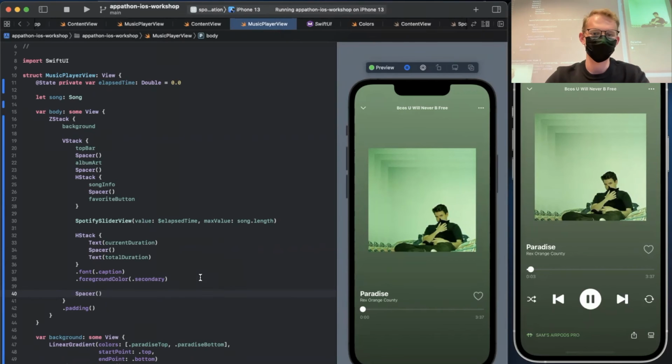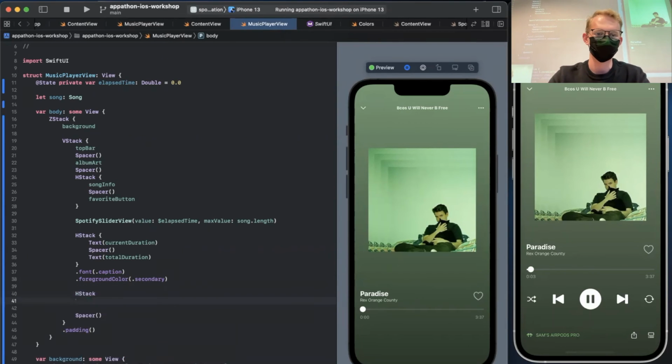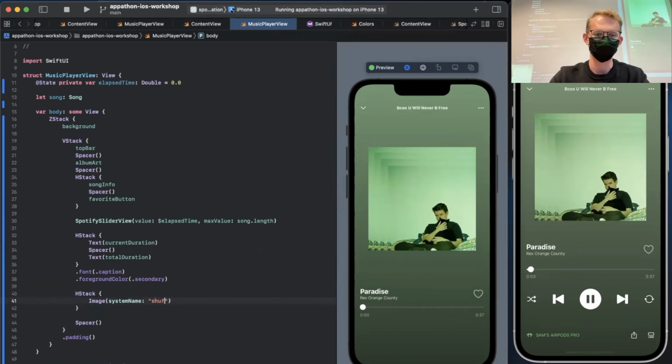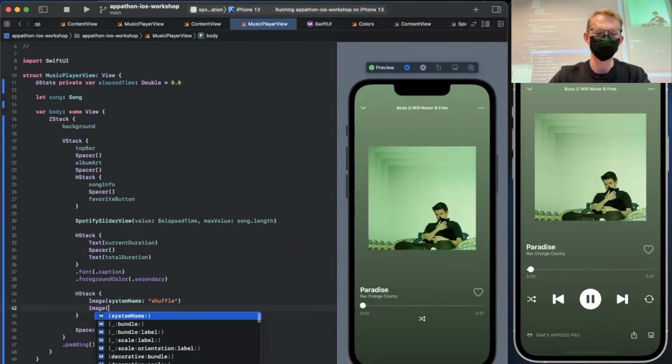Okay, cool. And now I want to have another H stack. First image is called shuffle, which is nice. I have an image called,